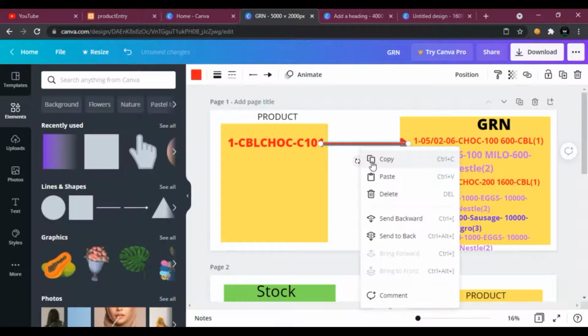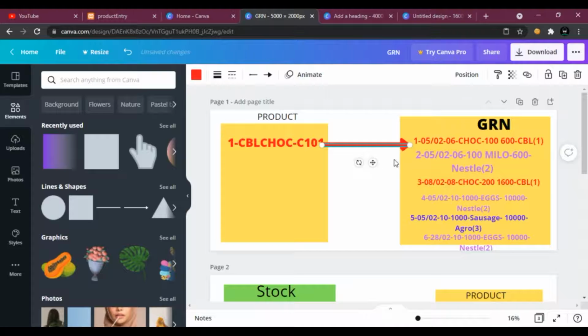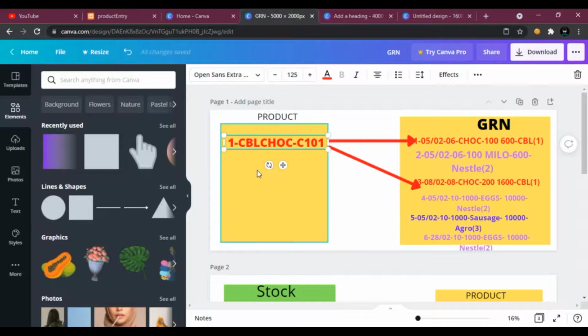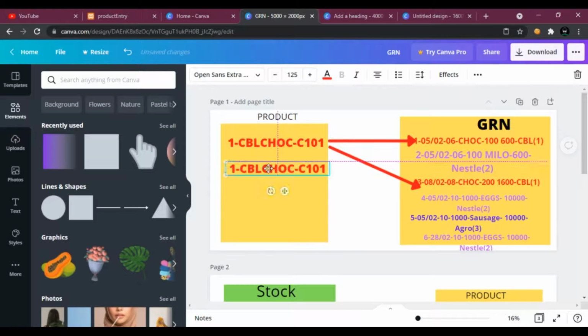One to many relationship, because let me give you another example. There's another product called Nestle Milo. So I'm gonna say NES Milo,